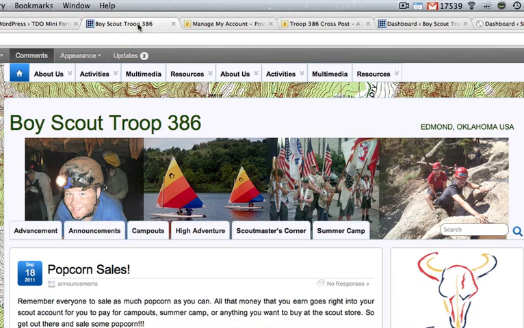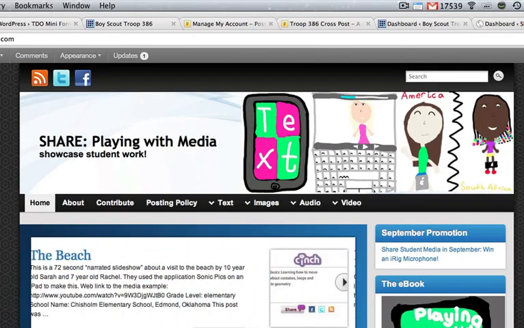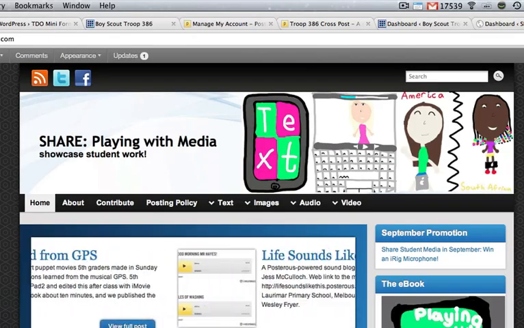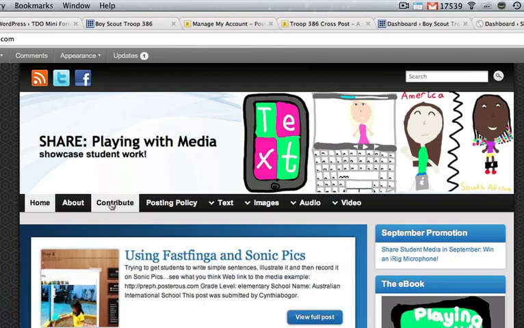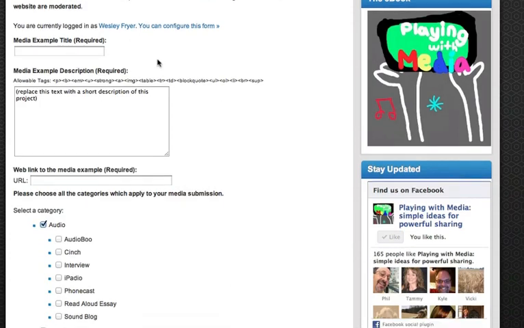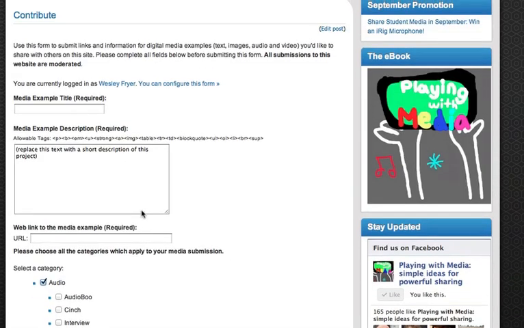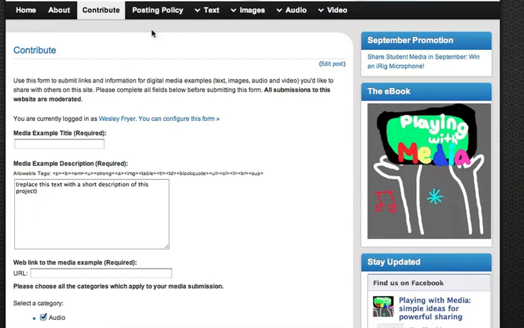But the way I'd like to explain sort of a second technique for posting content to a WordPress blog is using this free plugin, which is called TDO Mini Forms, and I've used this for several years and really like it. To show you an example of a site where this is working, I've got this site called Share Playing with Media. And here on the site you can see there's a link that says contribute, and people can scroll down and enter information here and select the category, and this will become a draft post that can be approved